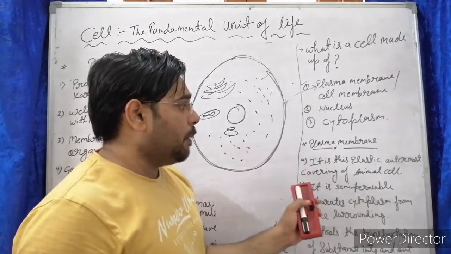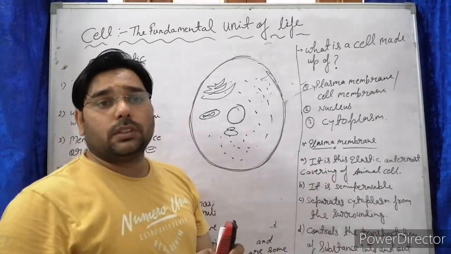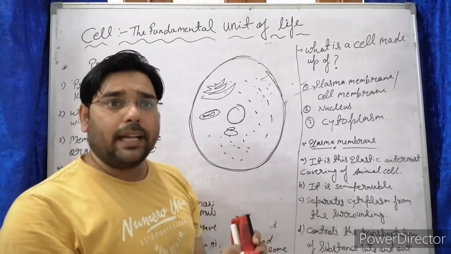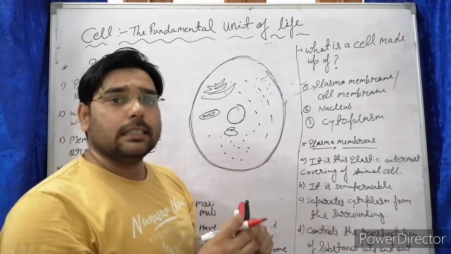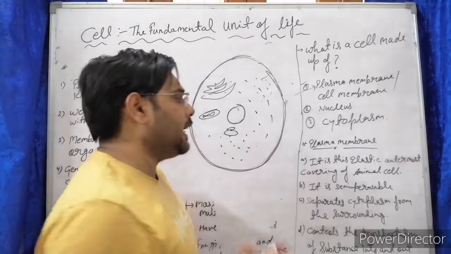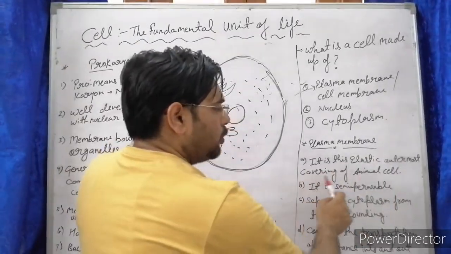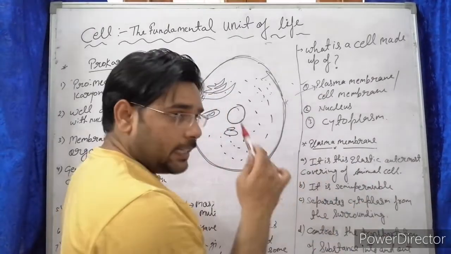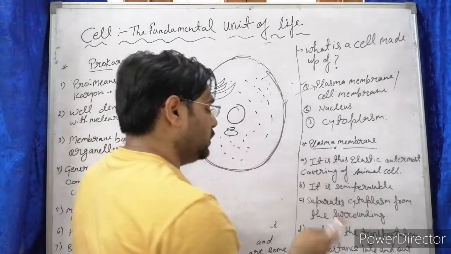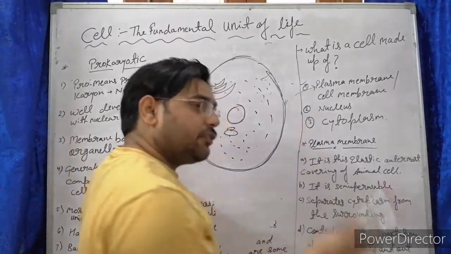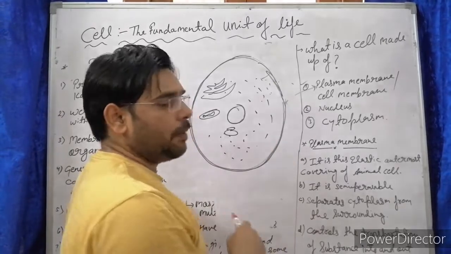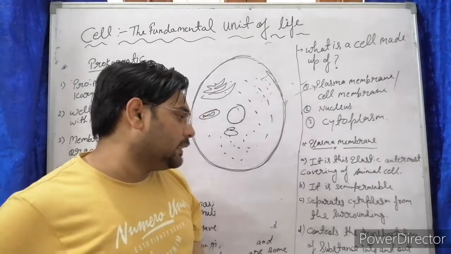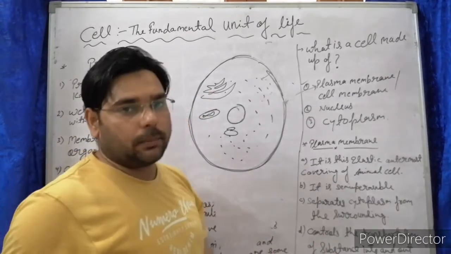So what is plasma membrane? Plasma membrane is the outermost covering of animal cell, which is thin and elastic, which separates the cytoplasm of the cell from the surrounding. So these are the basic points I have written here. It is the elastic outermost covering of the animal cell. It is semi permeable. We have already discussed why it is called semi permeable. This is a very important question. Next, it separates the cytoplasm from the surrounding. And the fourth is, it controls the movement, or we can say the transportation of substance into and out of